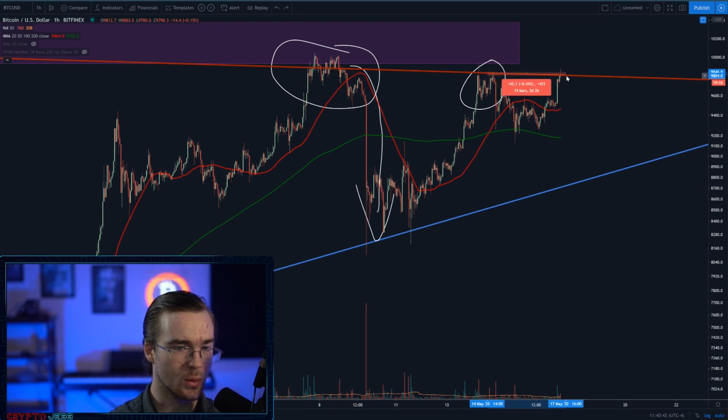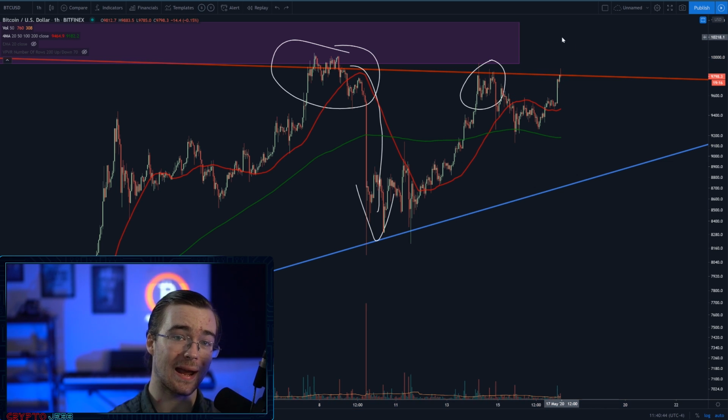Between both of these tops, where is it? Around 3 days. So we pulled back half as far, and we rallied back to the resistance twice as fast. That is a trend of exponential proportions, and it does indicate bullish strength growing rather than declining. It means that Bitcoin can test the same level of resistance while not having to pull back as far, meaning